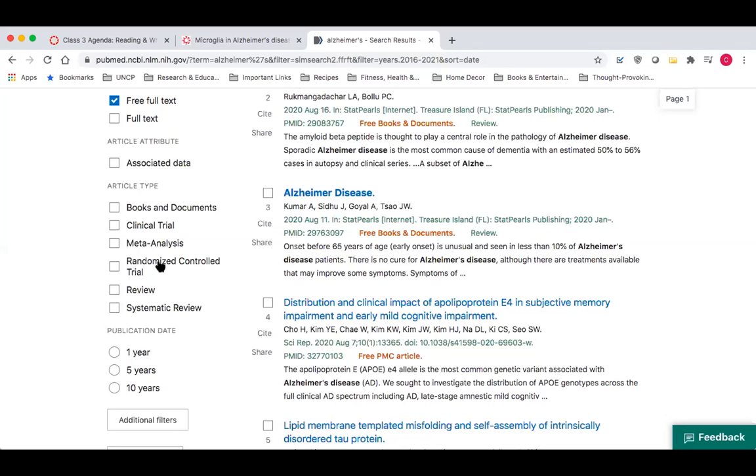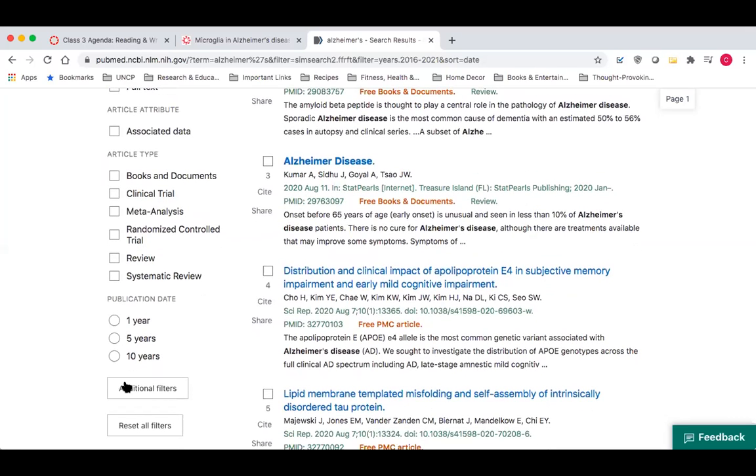A randomized controlled trial is usually similar to a clinical trial, but again, you're testing something and participants are put into different groups randomly. Usually these are double blind, which means that no one knows which group is which. A review article, this is again what we're looking for, that summary of a bunch of research. And then a systematic review is more systematic. There's usually criteria associated with what kinds of recent findings they're going to summarize. Is it all findings published in the US that used mice? A much more rigorous or contained review as opposed to just anything published about this big topic.